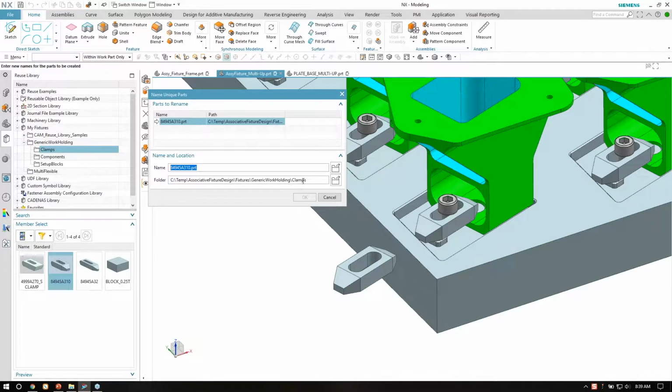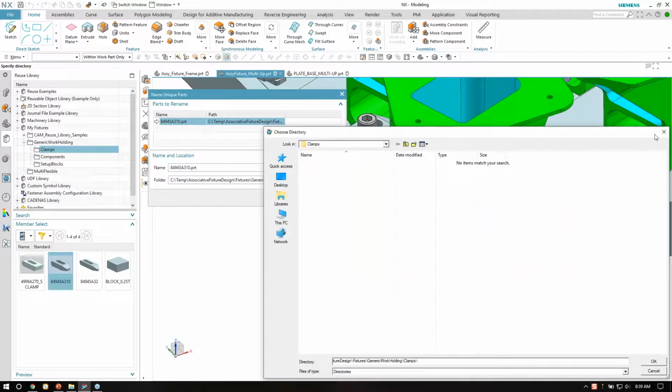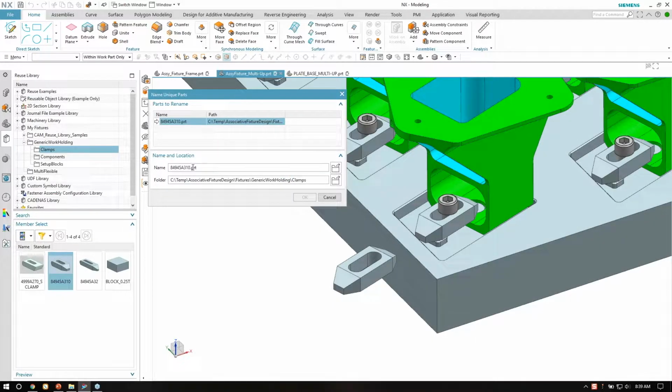And I want to stick it in a place where I can go back and grab it in the future. So the path to this particular folder in my reuse library, where it says generic work holding clamps, I can see generic work holding clamps right here. I can also just open the folder and then navigate to where I want it to go. This one is going to be this particular part number, but I'm going to make a modification to it. So I'll do a -2 on it to signify that I'm doing a modification to this part. And I say okay,